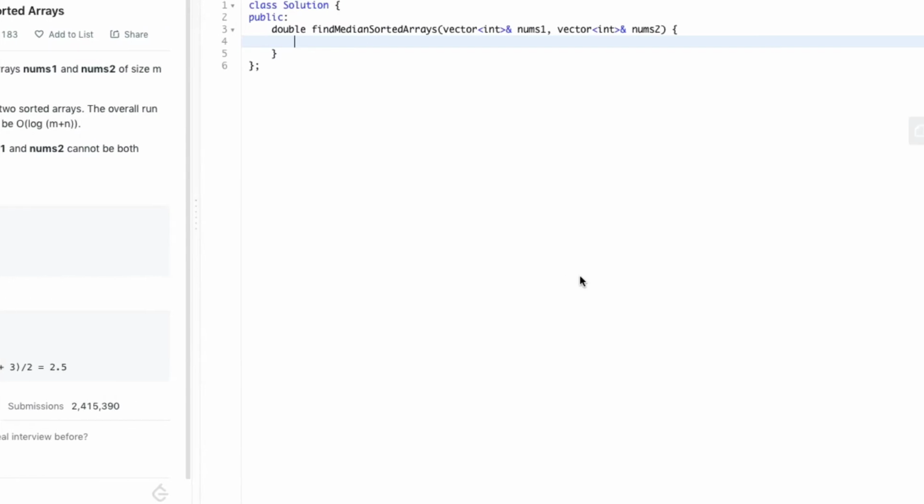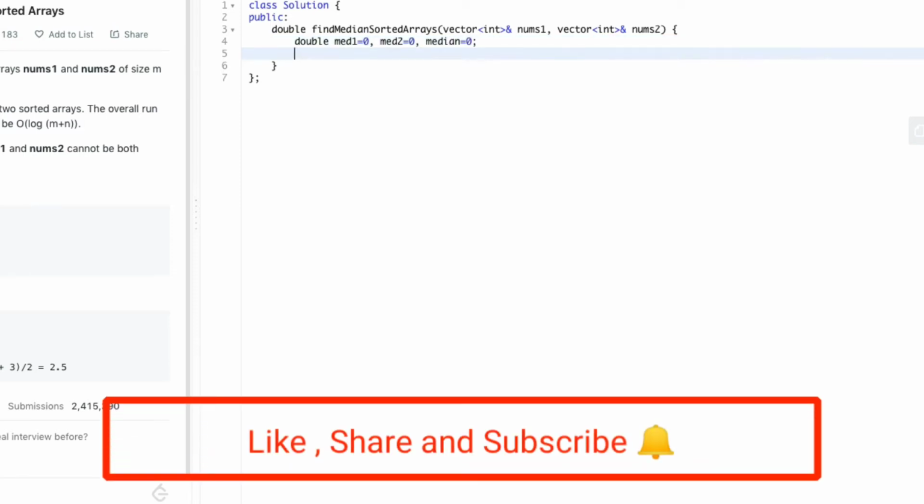So finally we can begin with the code. Initially we declare three variables called mid1, mid2 and median and initialize all of them to 0. We also create two heaps, namely max heap and min heap.